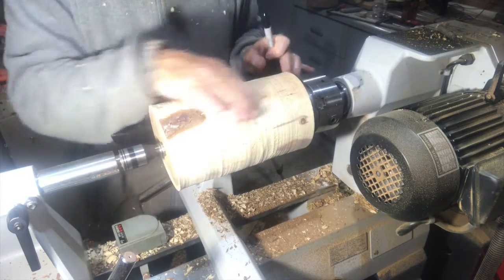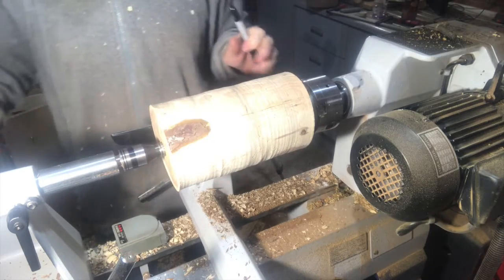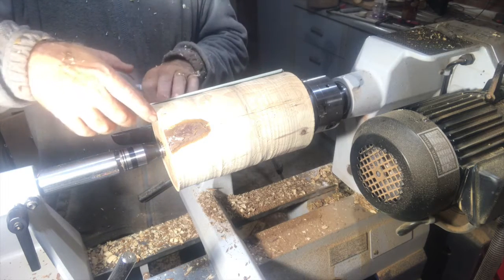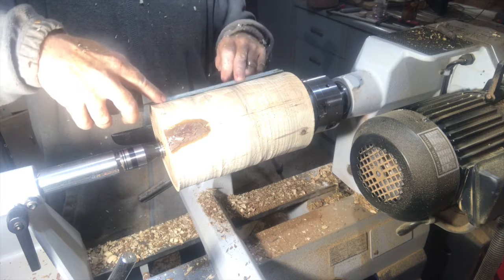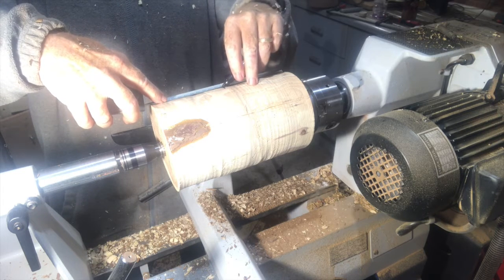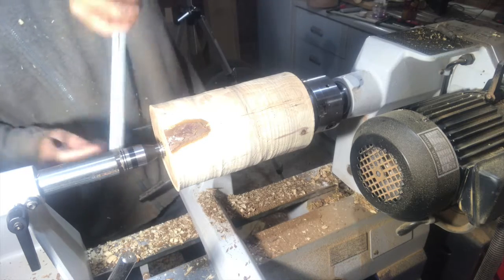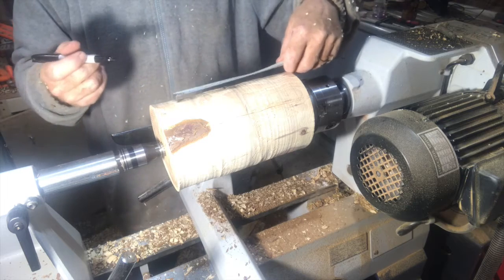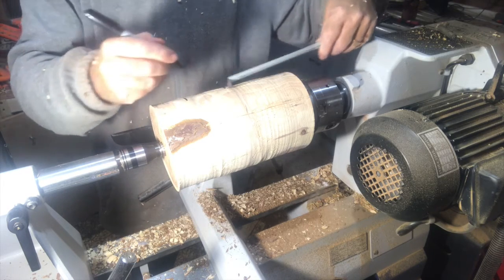Right, unfortunately I've discovered a crack. I've got it rounded off, so what we'll do, we'll get it marked up. Altogether the piece itself is 9 inches, so half of 9 is 4.5 inches. The diameter is about 5 inches, so we'll mark 2.5 inches either side,